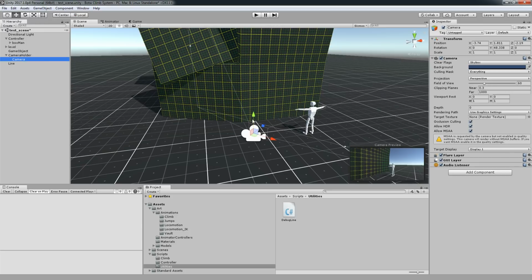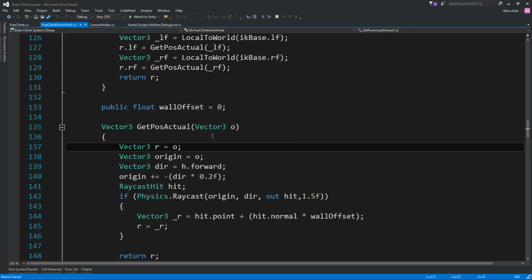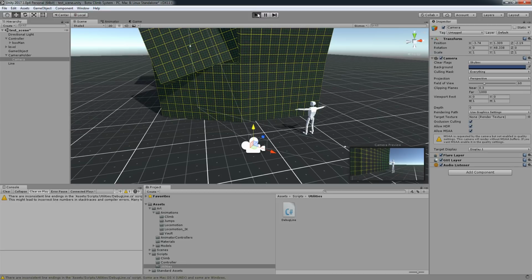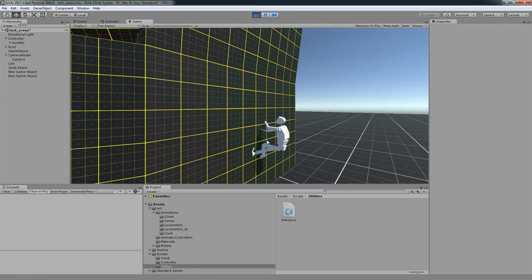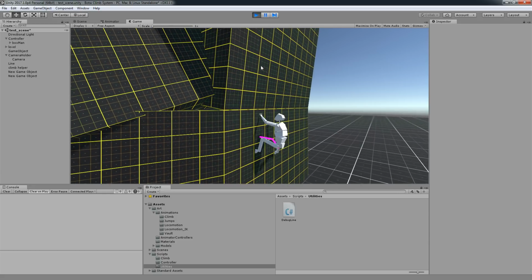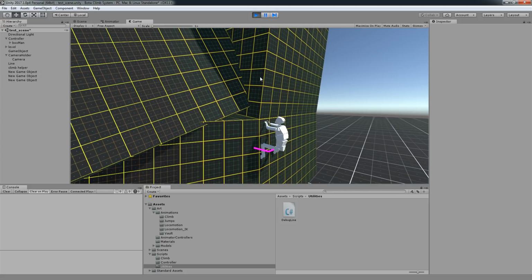Okay, let's bring the camera down a little bit. Let's maybe make the debug line slightly smaller. I think it's a little bit too big. Maybe this. Okay, we now have the debug lines as well in the game scene.